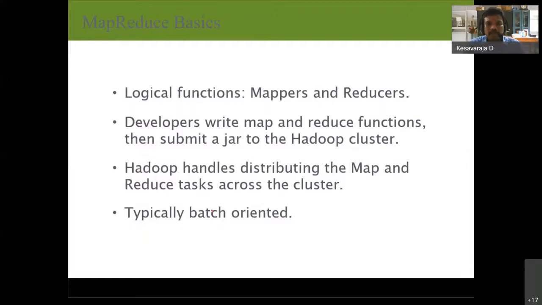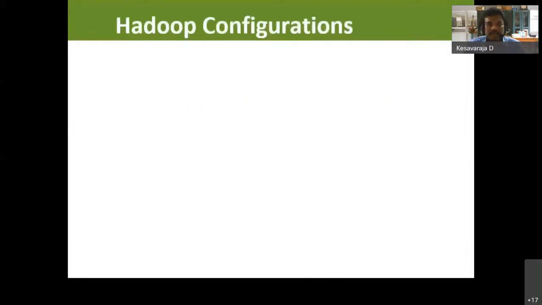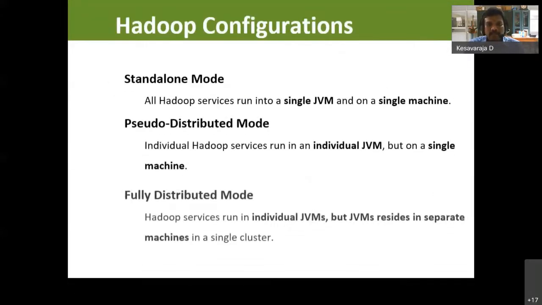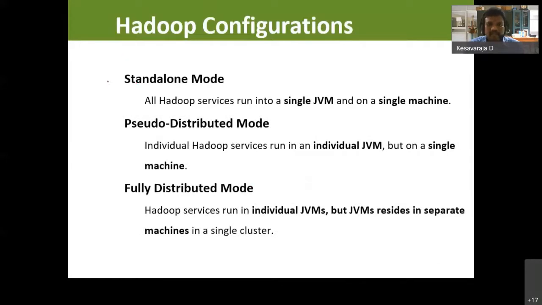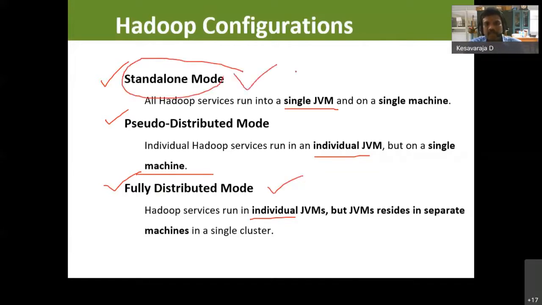So HDFS is for storing data, MapReduce is for processing data. Hadoop can run in 3 modes: standalone, pseudo distributed, and fully distributed mode. Standalone is a single PC with a single JVM. Pseudo distributed is an individual JVM on a single machine. If each and every PC has an individual JVM on a separate machine, it's fully distributed mode. We will try standalone mode of single node Hadoop